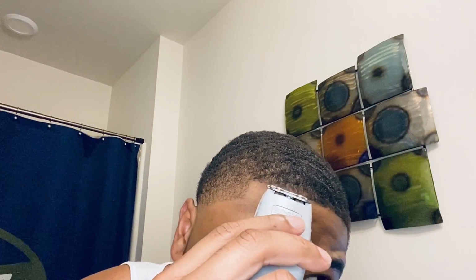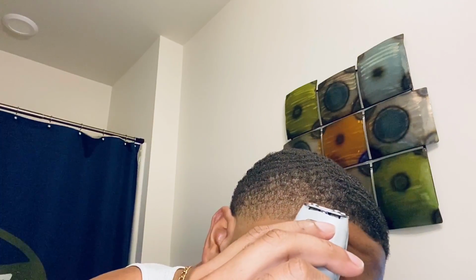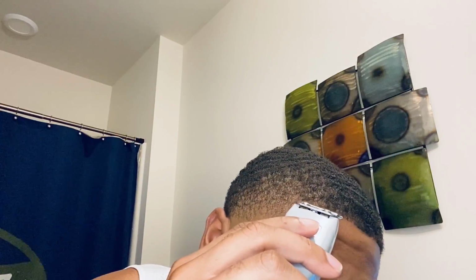So of course this is the easiest part. I'm literally just tapping away. It's this corner right here that can be kind of complex if not handled with care. You can definitely do it, but just make sure you're not tapping too much away at that corner,